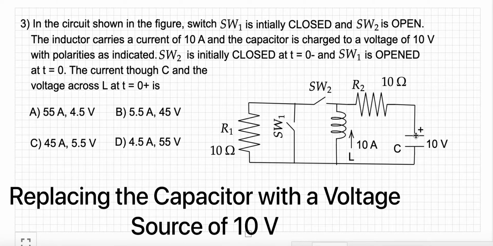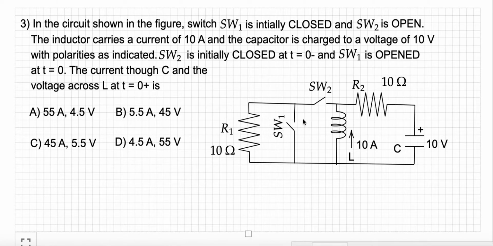And what is there? Switch SW1 is open, so that branch is not there, and this one is closed. Now I can look at this as the parallel combination of a 10 ohm resistor and a 10 ampere current source. I can quickly convert this to a voltage source using source transformation. Then R1 becomes a series with R2, and the voltage will be 100 volts, positive here, negative here. 100 volts, 10 ohms, 10 ohms, and this is the 10 volt voltage source. This picture is in my mind.